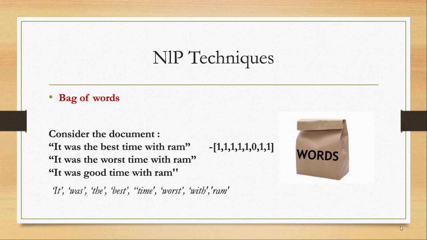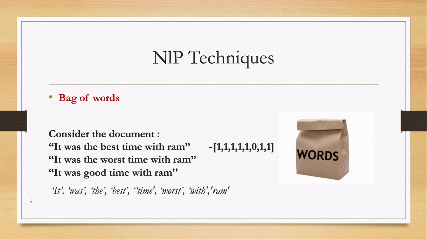After the pre-processing of a dataset, we need to transform the text into a meaningful vector or an array of numbers. So the bag of words is a representation of text that describes the occurrence of words within a document. It involves a vocabulary of known words and a measure of the presence of known words. It is called a bag of words because any information about the order or structure of words in the document is discarded, and it is only concerned with whether the known word occurs in the document.